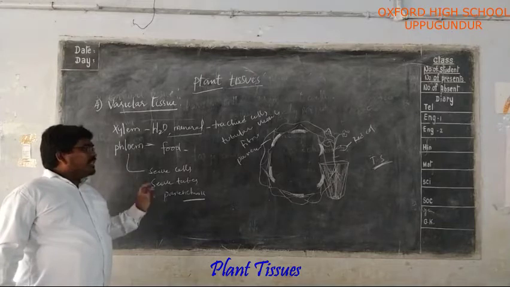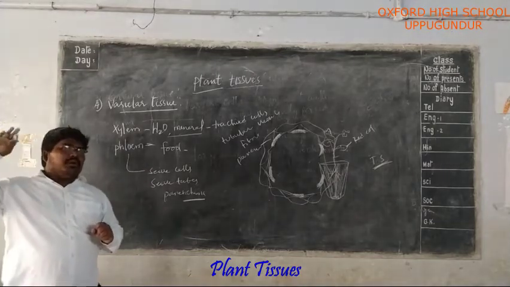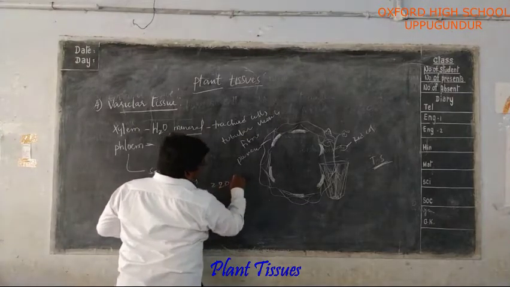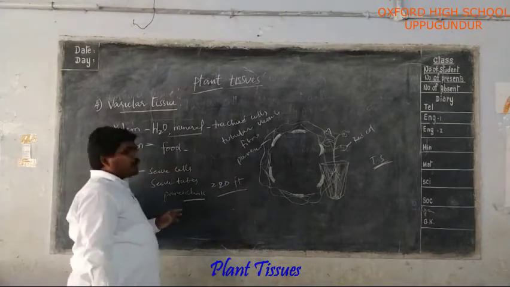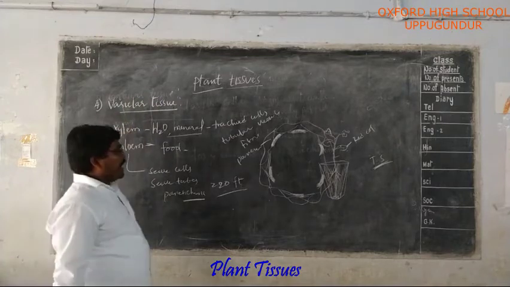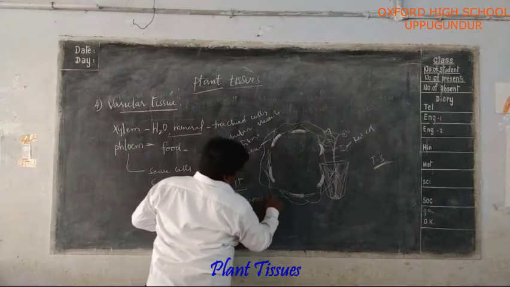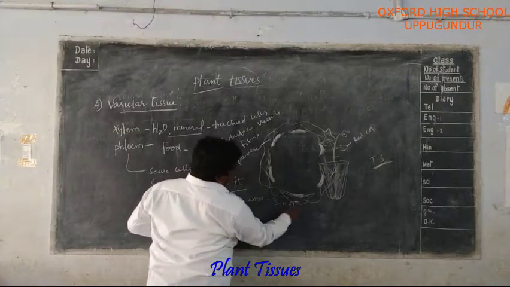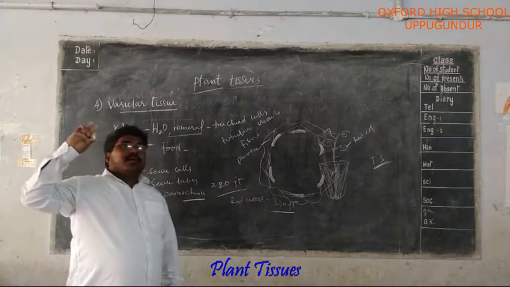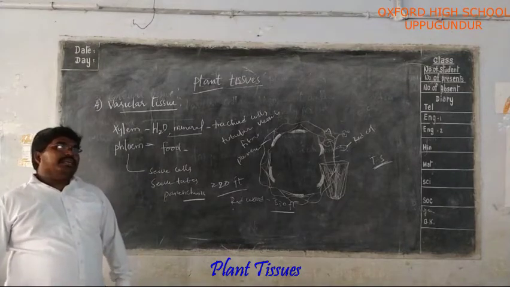Dear students, think about some of the plants which are so tall. For example, in eucalyptus plants which are approximately 220 feet in height, the water is transported to the photosynthetic parts, the leaves. And in redwood trees, which are approximately 320 to 330 feet in height, the prepared food from the leaves is transported to the remaining parts of the plant body.